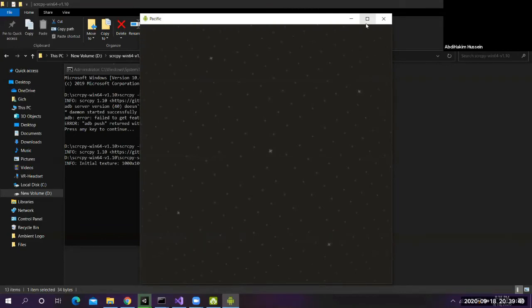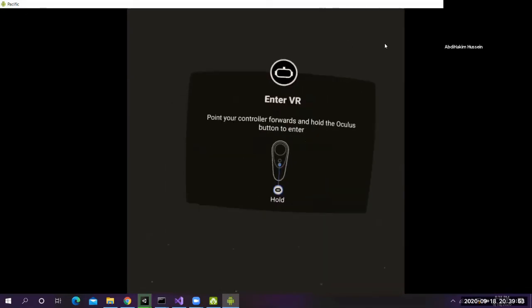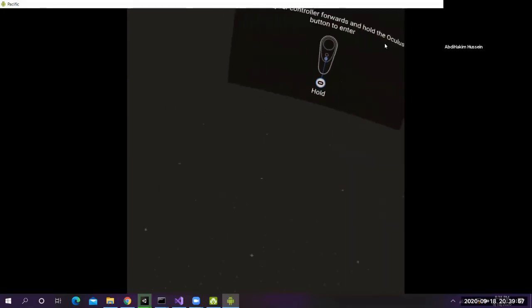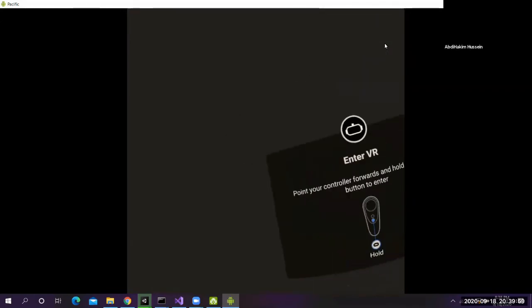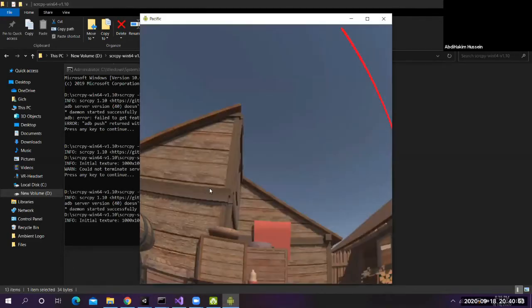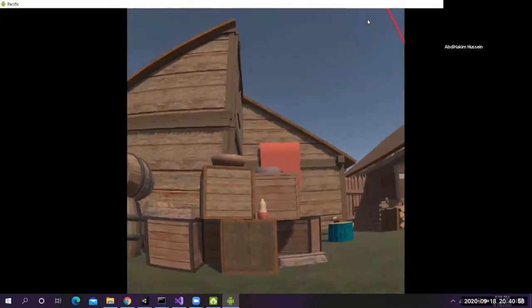You can see my screen, right? So this is my VR. Yeah, cool. So I think I see what's going on here. Cool. So if you can see my screen,